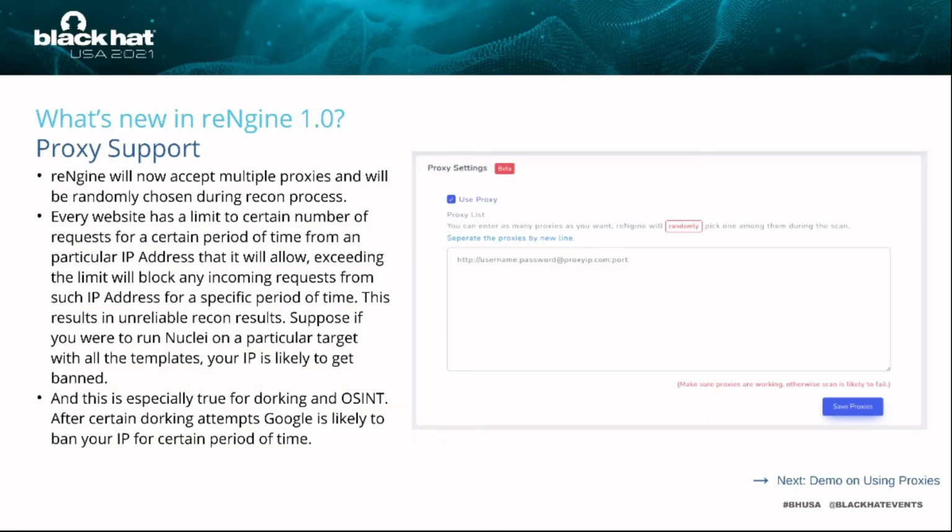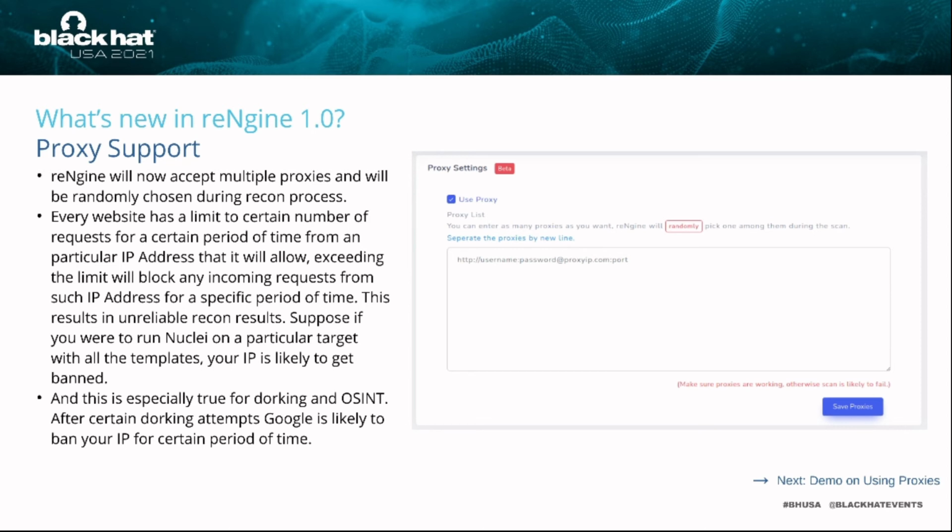The other interesting feature that we're bringing into reNgine, and I think it's going to be super helpful, is the proxy support. So when you're doing the Recon, I'm sure you would have had HTTP status 429, right? So that's a firewall blocking you because you send too many requests. Most of these web servers do have limitations on how many requests you can send per minute. What reNgine allows you to do is use multiple proxies. You can add hundreds of proxies here, and reNgine is going to pick one of them randomly and then initiate the